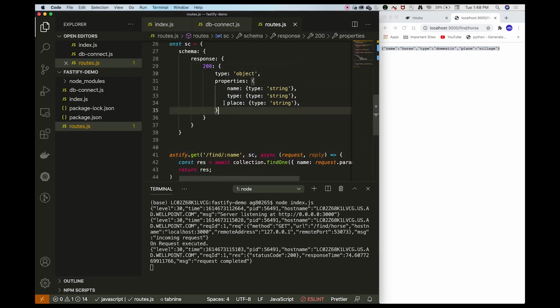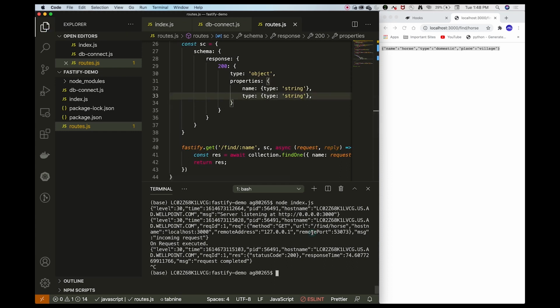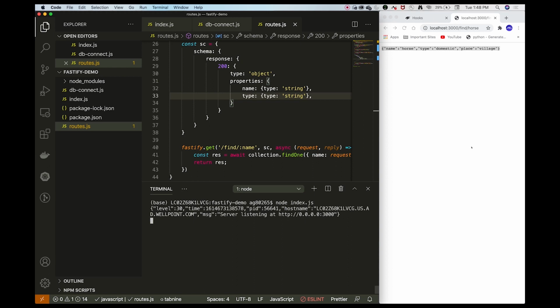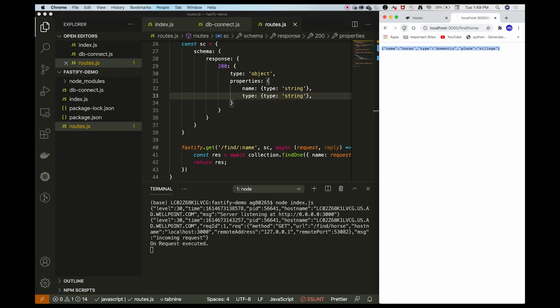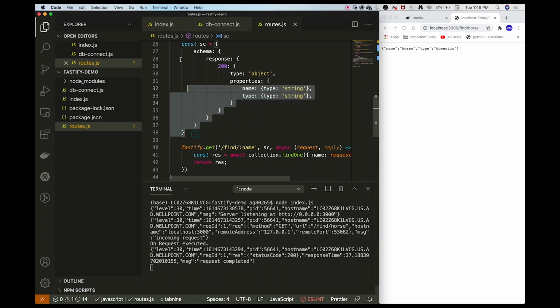So let us remove place as well and rerun the server. And now if we refresh the browser, you can see that we are getting only name and type as a response, because we have only defined this thing as a response.